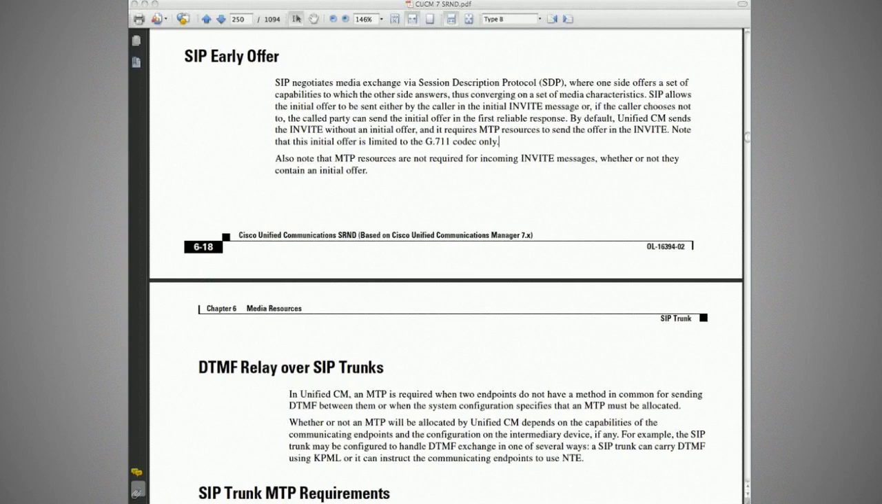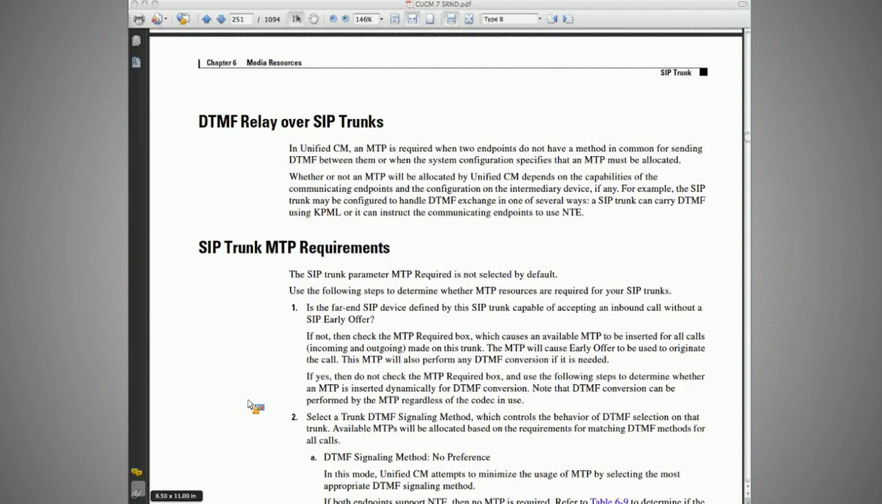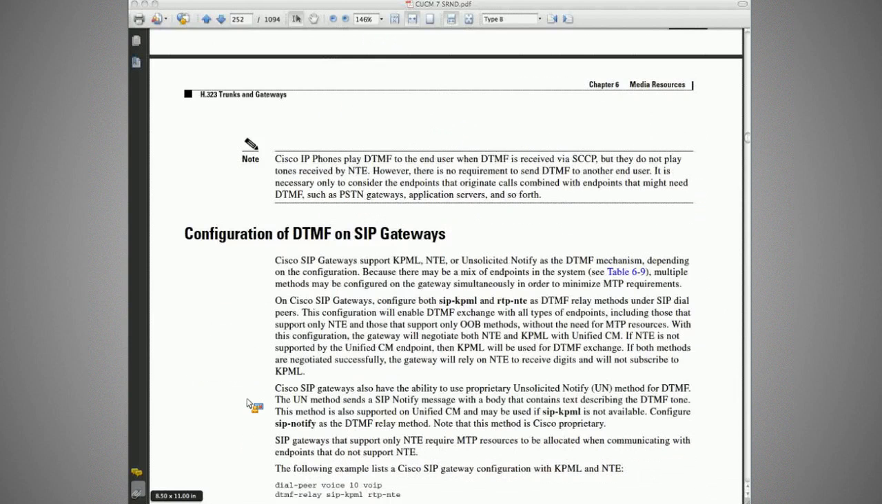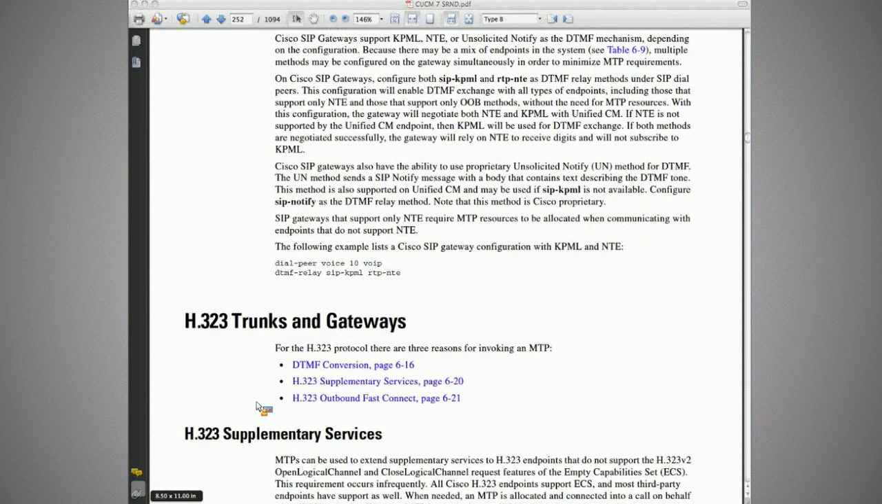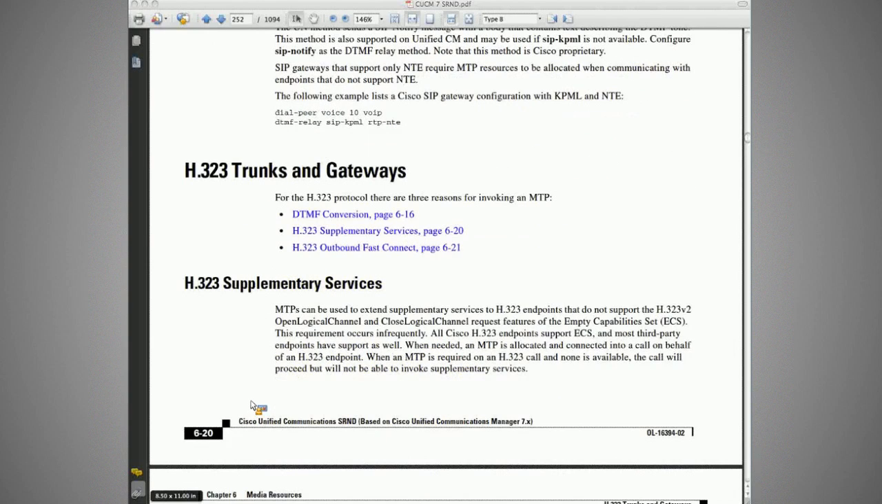And we're going to talk a lot more tomorrow about MTPs because they relate very heavily, as you can see already, even just in our initial discussion today, back and forth to gateways and trunks, whether they're provisioned manually enforced or automatically negotiated. Okay, so it gives a lot of information about MTPs when they're needed, configuring DTMF, looking at H323 trunks and gateways, looking at the necessity for an MTP regarding